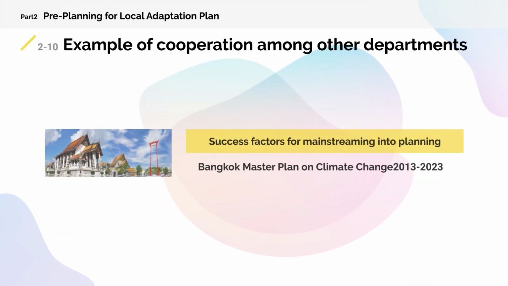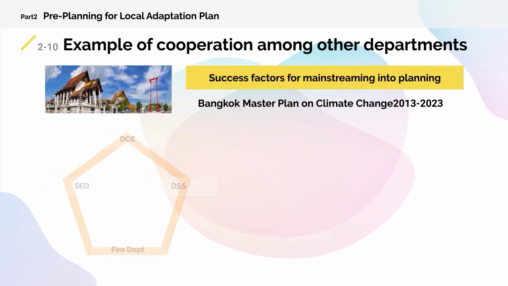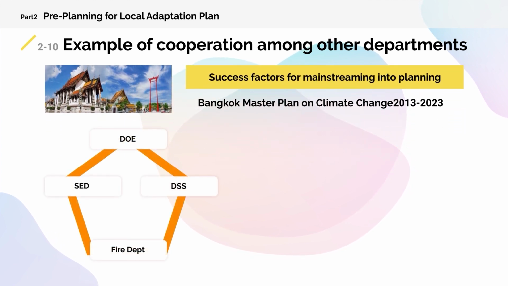This is an example of good practice where the core decision-making team and facilitation team functioned mutually, and top-down decision-making spawned very successful interdepartmental collaboration. In this initiative, JICA has joined as a donor. The Bangkok Metropolitan Administration, BMA, has been facing significant challenges in terms of both mitigation and adaptation measures due to devastating floods to date. Formerly, only the Environment Department, which heads the BMA, was responsible when it came to climate